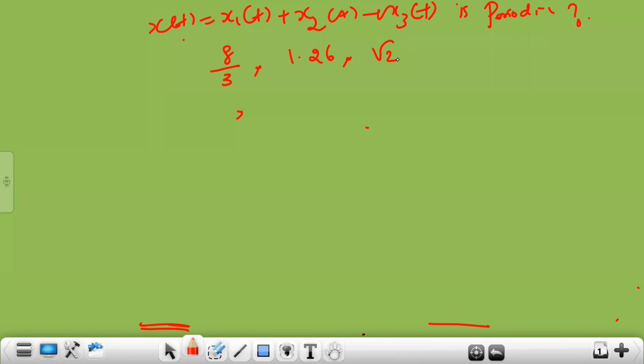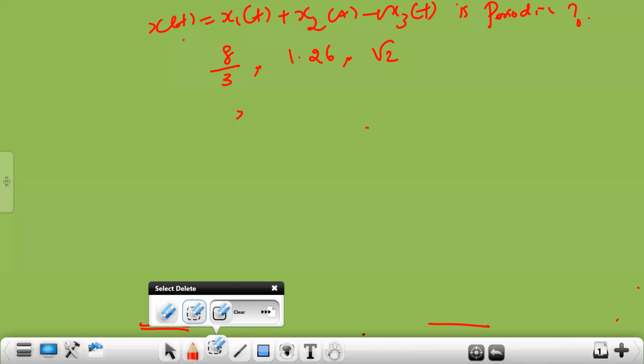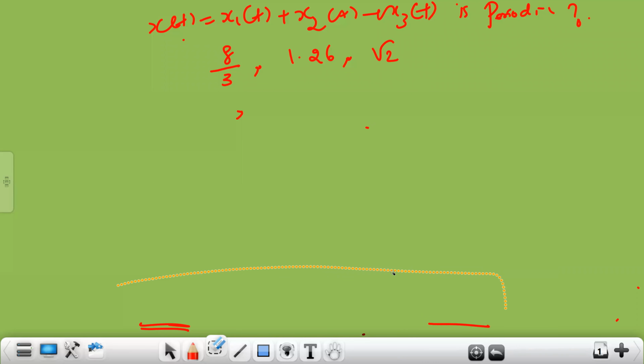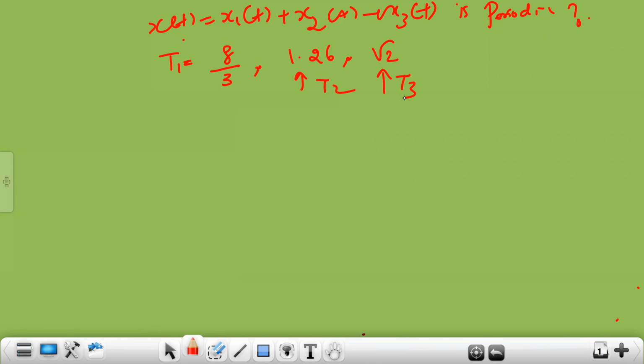So we have to check whether the signal is periodic. If it is periodic, then only we are going to proceed with the fundamental time period. So how are you going to check whether the signal is periodic or not? We need to find the ratio fractions, and the ratio should be a rational number. This is T1, this is T2, this is T3. As always, I will keep T1 as my reference. So first you are going to find T1 by T2 and then T1 by T3. Please find it out.